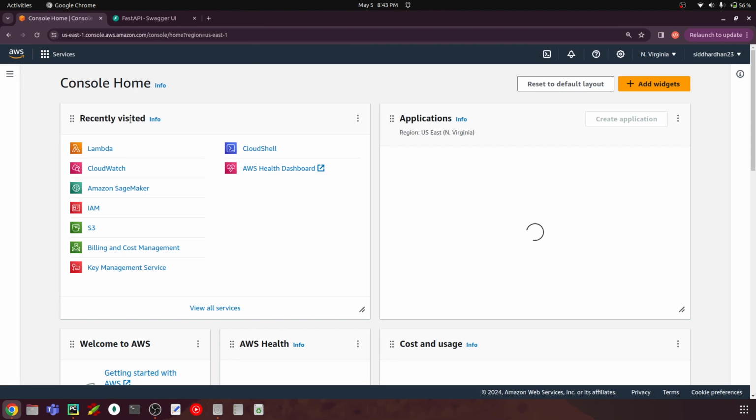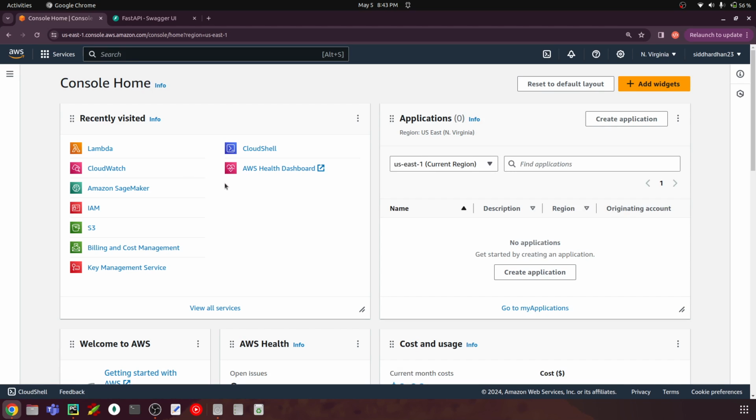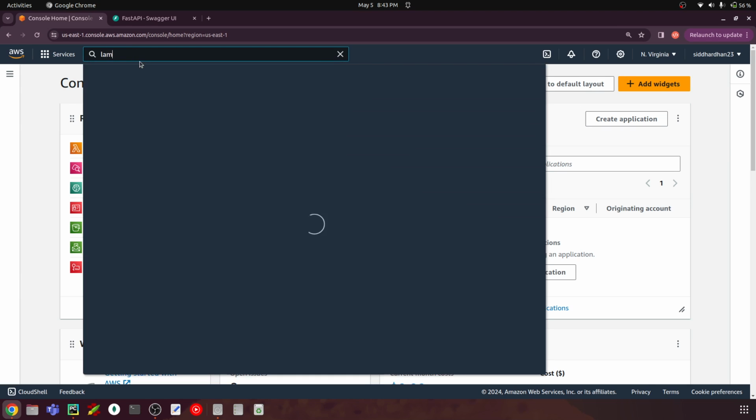So again, the prerequisite for this is you should have an AWS account and you should have this management console access. And again, AWS Lambda has free tier access, the 1 million requests are free for 1 month. So you can maybe check that once. I'm not very sure about that, but if you're using a company account, you'll probably have an IAM access associated to you, so make sure that you have access to create this Lambda and work with that. So once you're in your console, go to the search bar and you can just search Lambda,